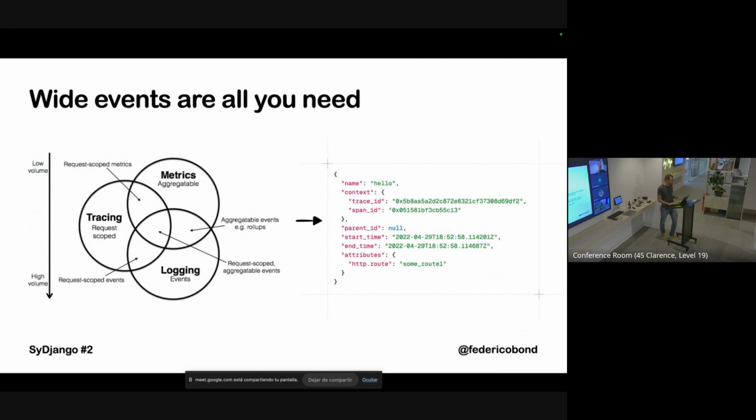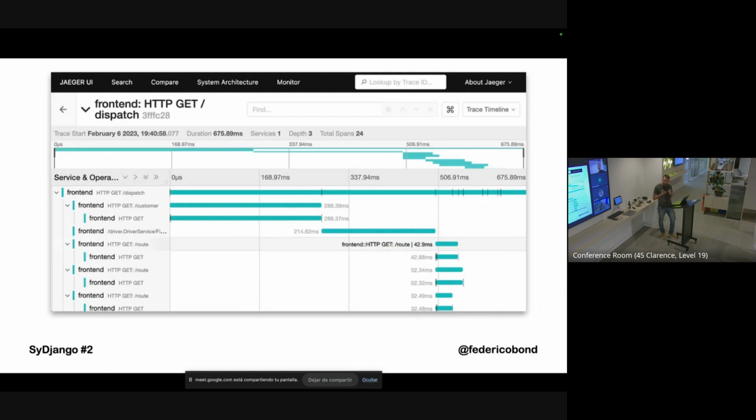So OpenTelemetry is built on this notion of a wide event. It still has these sort of separated signals, but on the back end, it's just sending wide events to whatever system you configure it. And the thing about wide events is that they enable you to do a visualization just like this one. This is